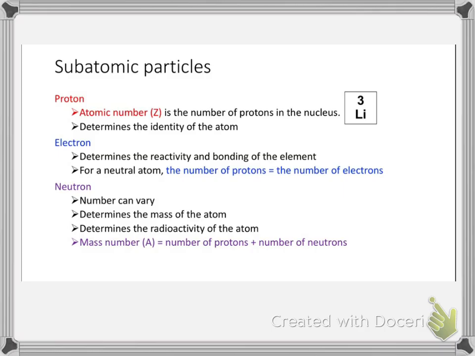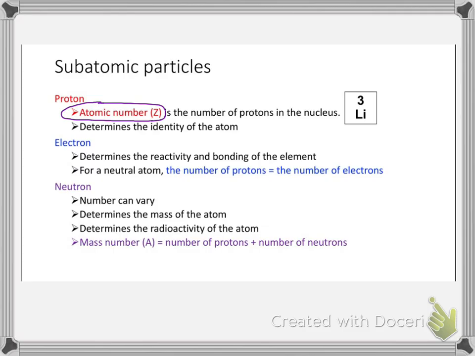So let's start with the proton. The number of protons in the atom is called the atomic number. Okay, so protons and the atomic number are the same thing. Now, the atomic number has a symbol you can see there in parentheses as a capital Z. This has to do with the German name for atomic number. It's not someone that's just trying to confuse us. It was named in German, and in English it's atomic number, but the symbol is from the German word for